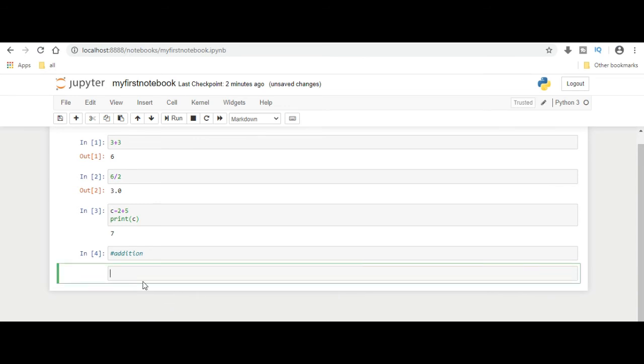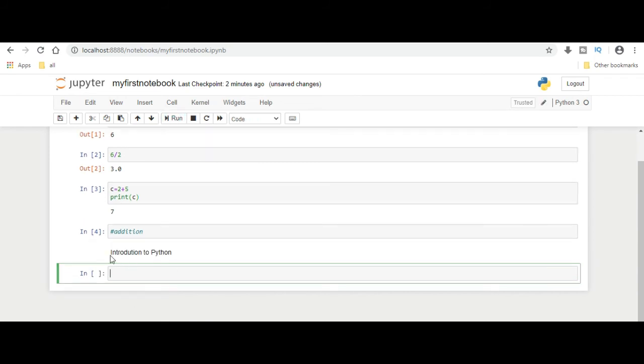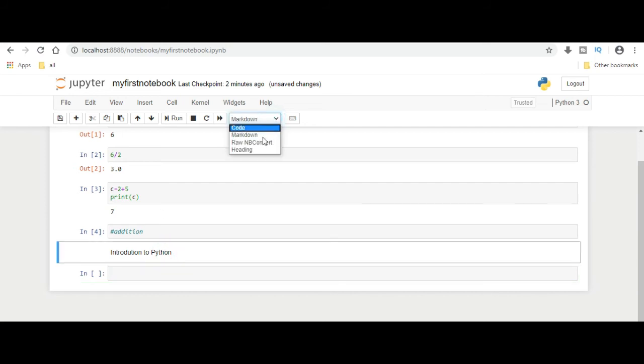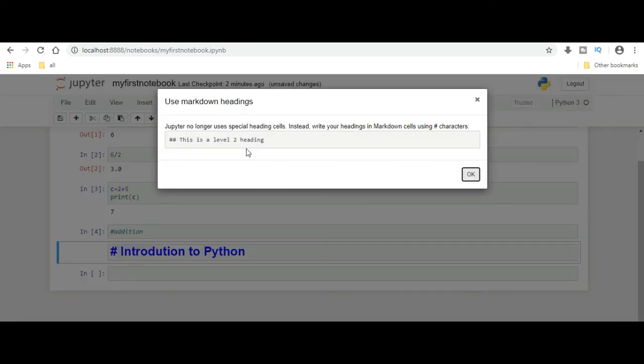So now if you type introduction to Python and click on run, it automatically shows as plain text. If you want to show the same text as a heading, you can click on heading. So if you put 2 hash before the heading, this is a level 2 heading.